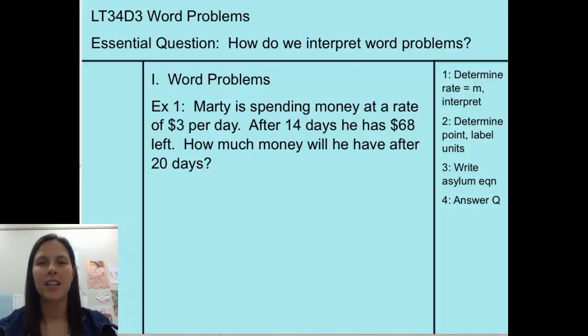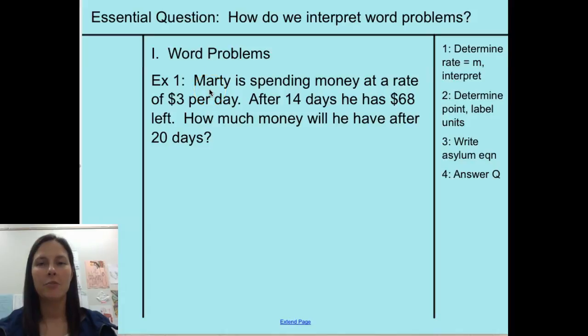Now we're going to take a look at how to set up an equation given a word problem. So our essential question is, how do we interpret word problems? It's important to be able to identify the essential information that we'll need in order to write our equation. Depending on the information given in the problem, you may be given a rate of change and a starting value, which are your slope and y-intercept, and you can put that information right into the y equals mx plus b